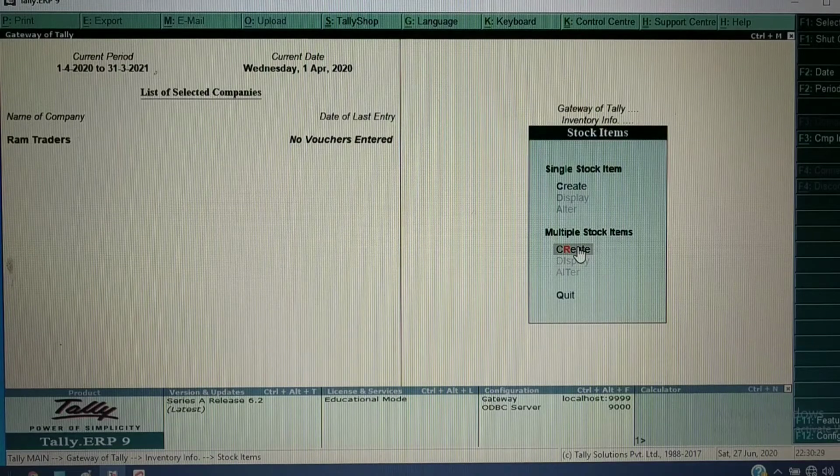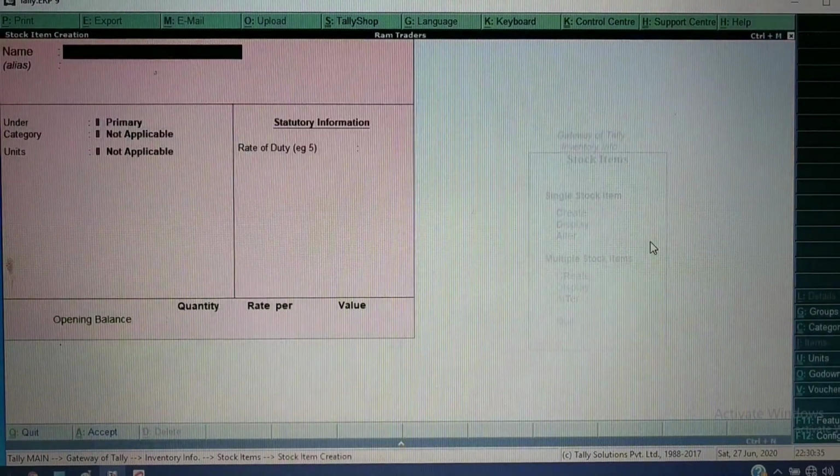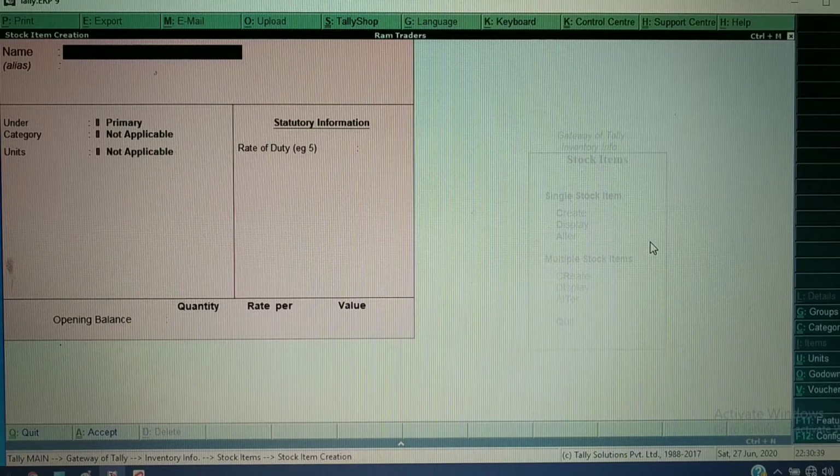Now, first I will show it using single stock item. Click on create. First I will create one item under mobile phones. Then you will be able to understand how to select the group, the categories, and the unit of measures.